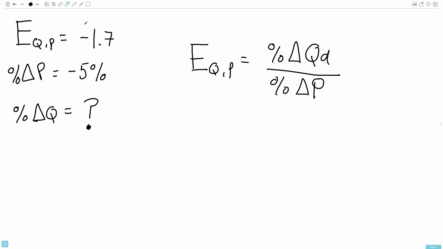So imagine that you own a company or you're running a company, and your research department determines that the price elasticity of demand for the good or service that you are producing and selling is minus 1.7. Well, you know that this means that the demand is elastic because the absolute value of this is larger than 1. So you're thinking, wait a second, if I reduce my prices, let's say by 5%, you know that